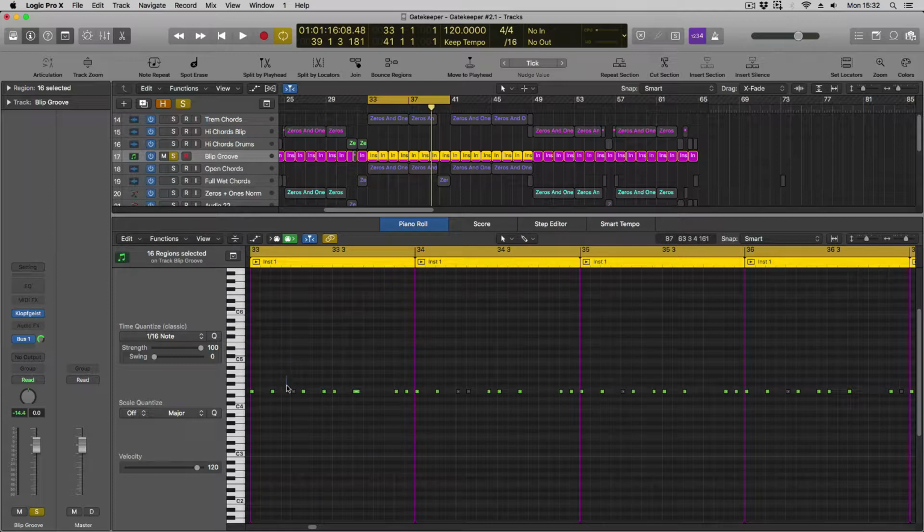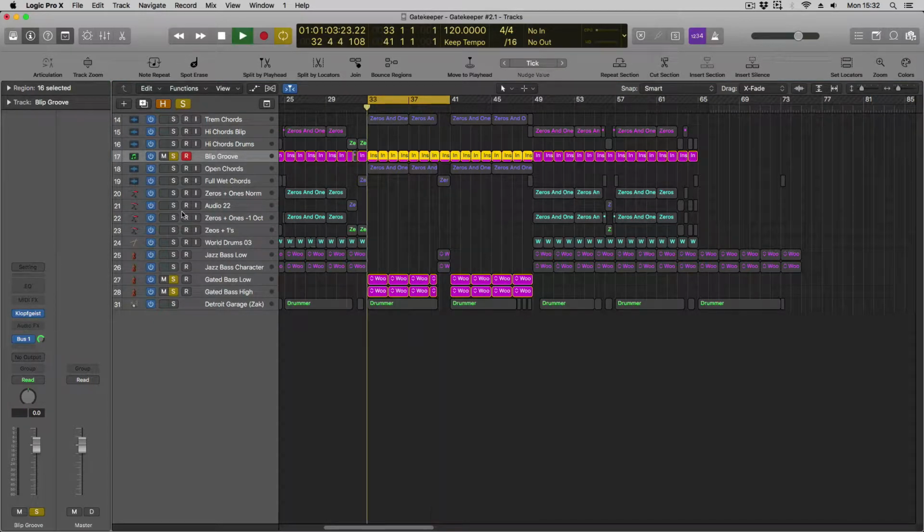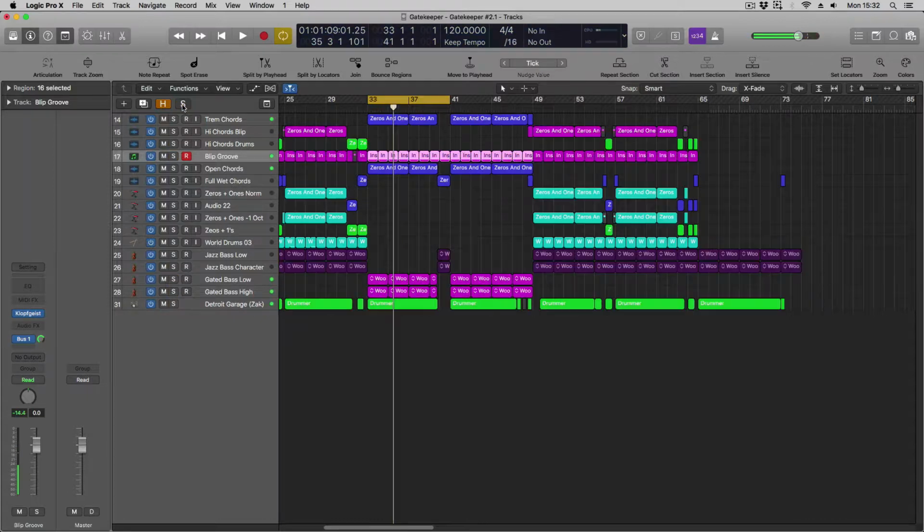However, I have muted and deleted a few of the notes where they weren't quite working, and I might have had to move the odd note around. Essentially it's the same thing, just slightly modified to make it work a bit better with the bass. So that sounds like this. And in context,